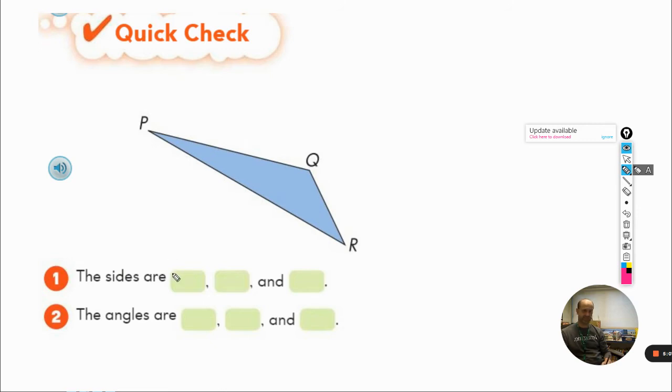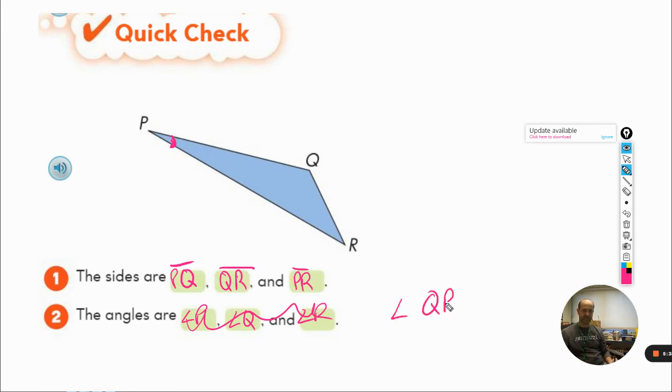All right, did you get all these written down? The sides are PQ, and you can use QP, either way, QR, and I like putting the line segment symbol above it, and PR, okay? Those could go in either order. The angles are angle P, angle Q, and angle R, or I'd be more inclined to do